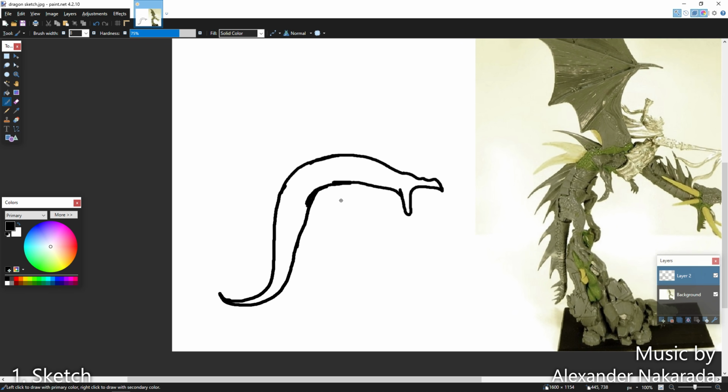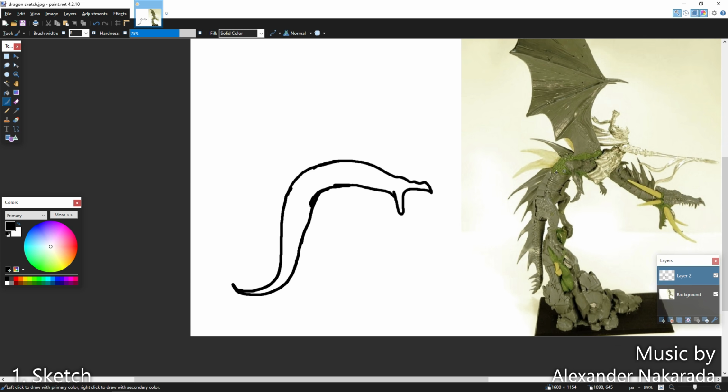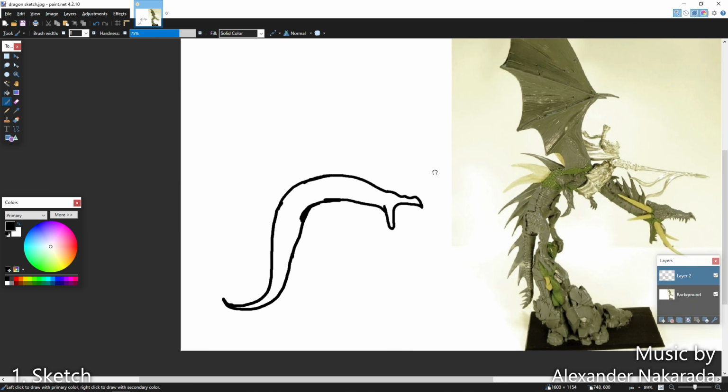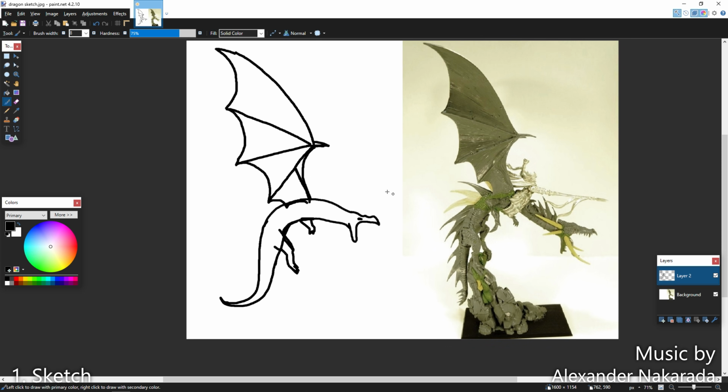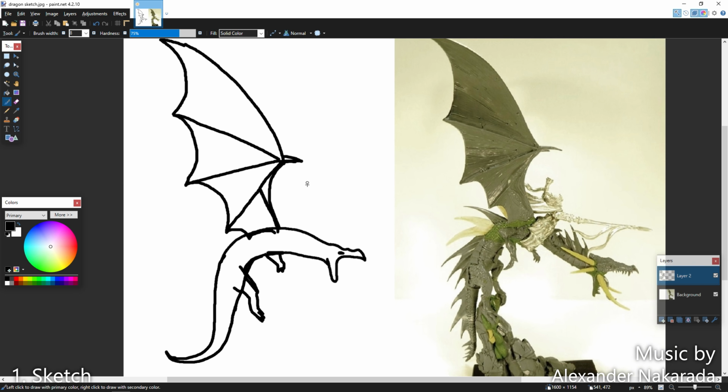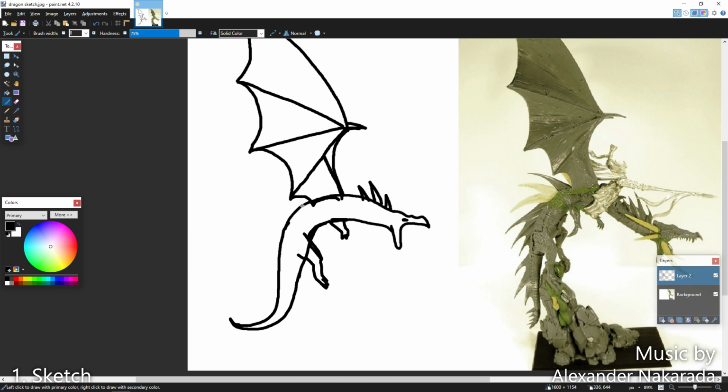So I've done the body at this stage. You can see I've made it slightly thicker, and beginning to sketch the wings now. So that's quite a simplistic sketch. You can now begin to add more details like the spines of the dragon. So if we add some spines here, some spines onto the back,